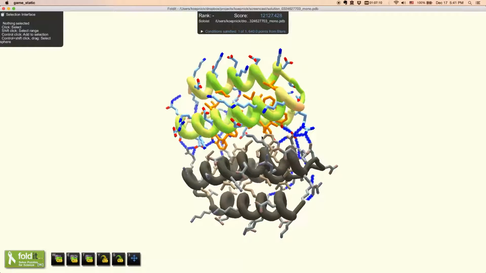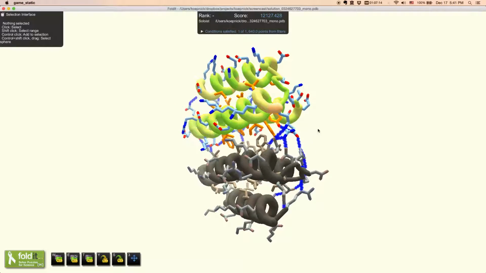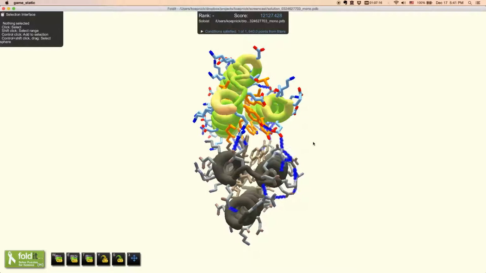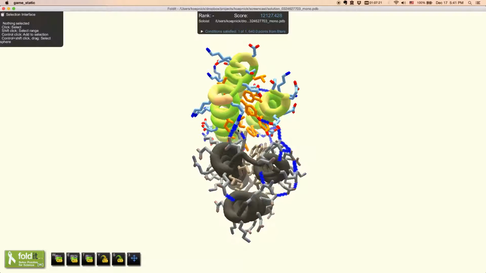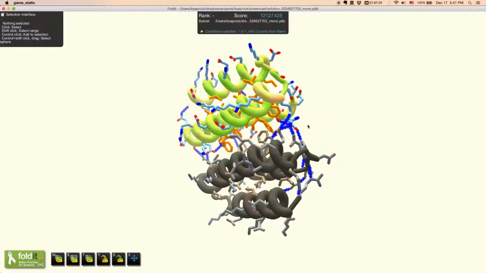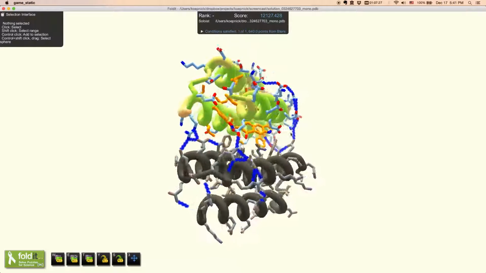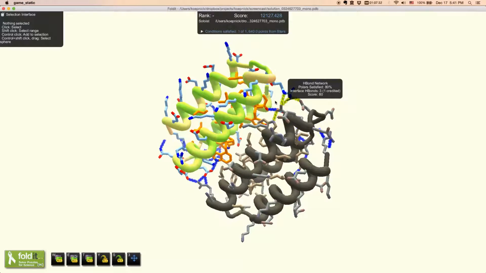But yeah, so what we want to emphasize here is that we don't need to have huge extensive networks all over the protein. We just want to have a few hydrogen bonds that span the interface and that are backed up with a 100% satisfied network. So if we look at this 80% satisfied network, it looks really good to me.